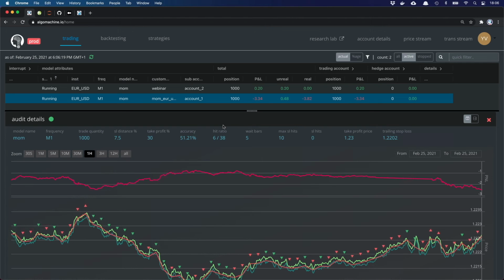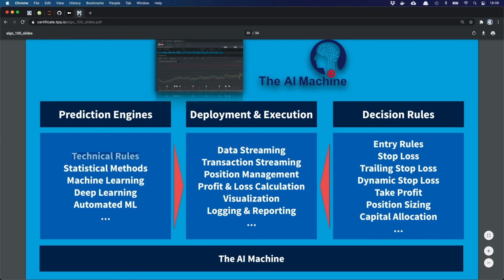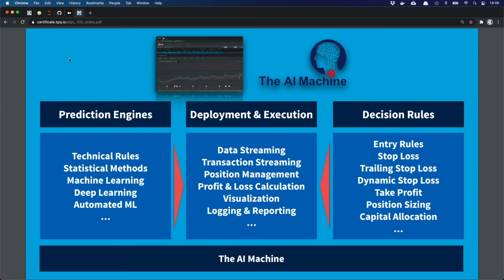Maybe you have an algo that is 200 lines long, but your deployment code might easily get to 20,000 lines of code. So when I said algo trading in less than 100 lines of code, for Jupyter Notebook, that's true, that's doable, but in the real world, real financial markets, deployment is typically the hard part. And actually, why reinvent the wheel, and why should everybody write 20,000 lines of code over and over? I think the IP should be in the prediction engine and the decision rules.